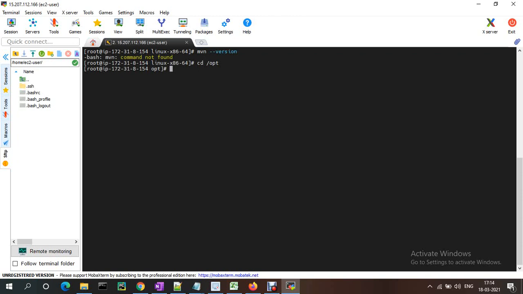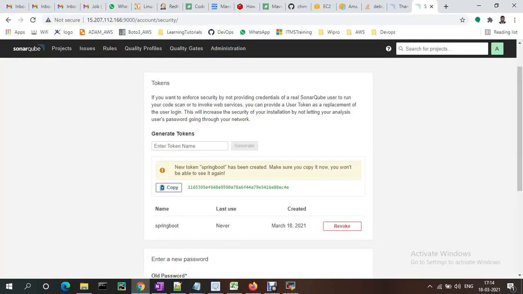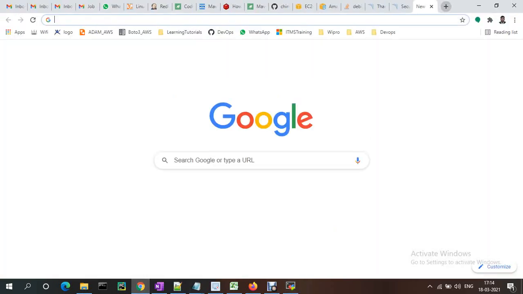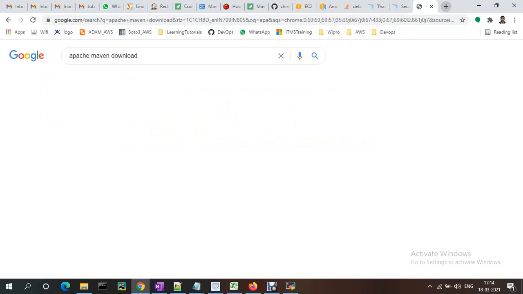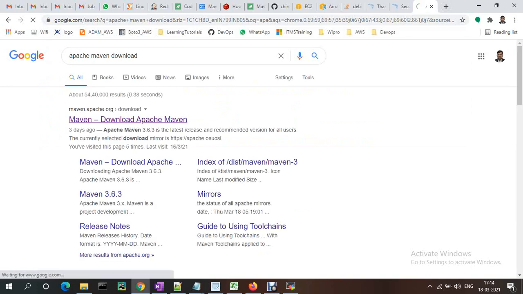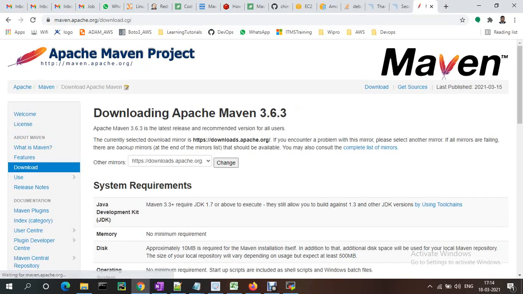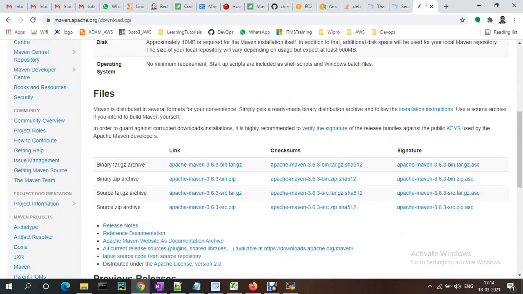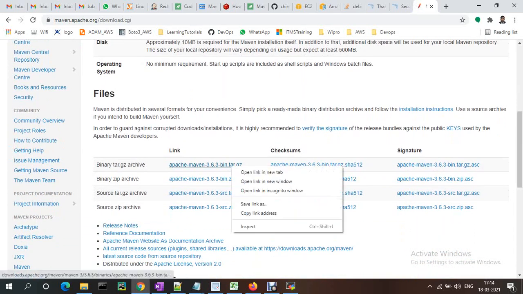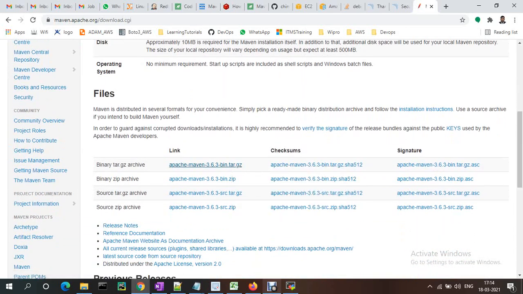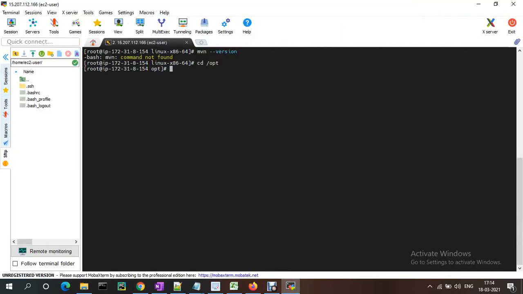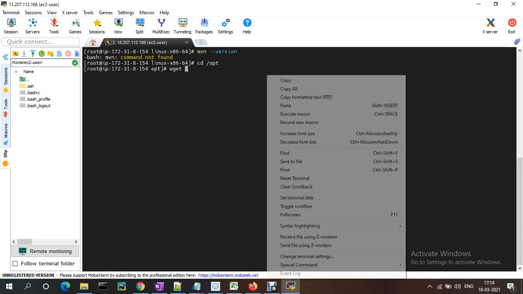I'm going to the opt folder, and I'm trying to install Apache Maven. Apache Maven download. I'm taking the tar file. I'm copying the link address and downloading it.